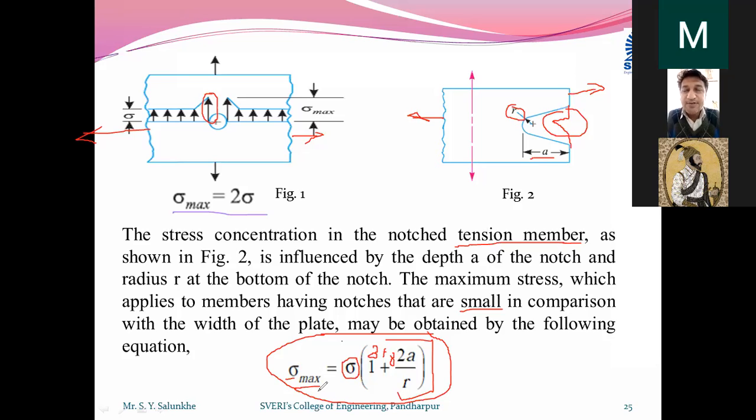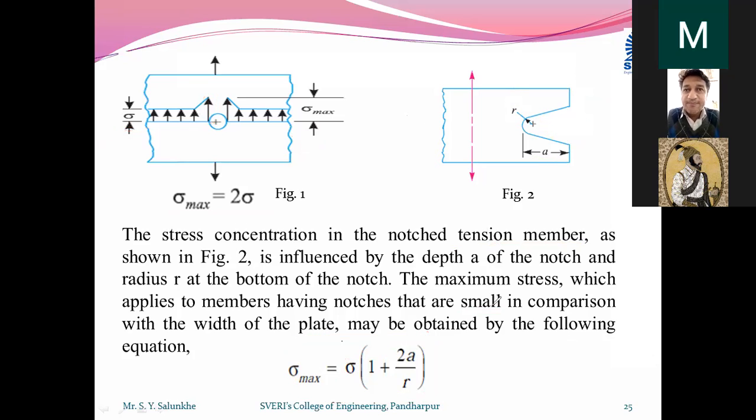All the results we are going to get from that tensile test, we are going to apply here, and based on that we are just going to calculate the maximum stress value. We are not going to take the actual stress concentration value or maximum stress value, so it is called the theoretical stress concentration factor, Kt. The suffix t is used for the theoretical stress concentration.